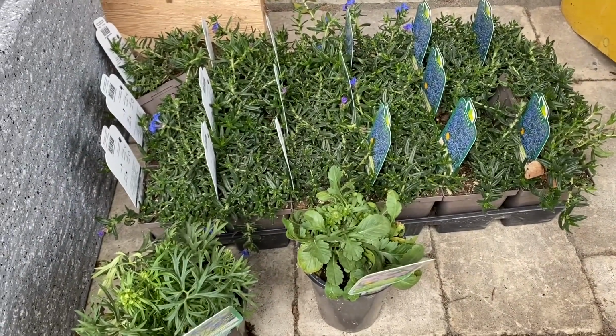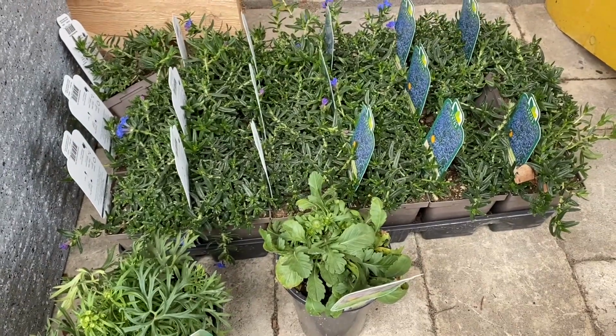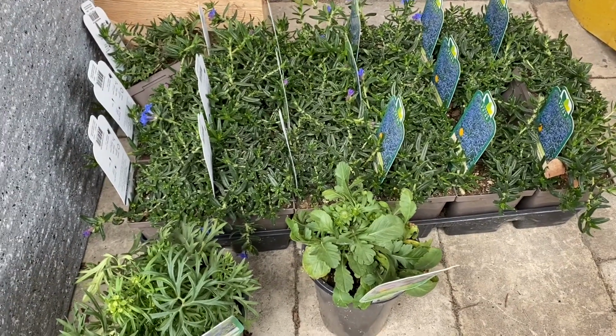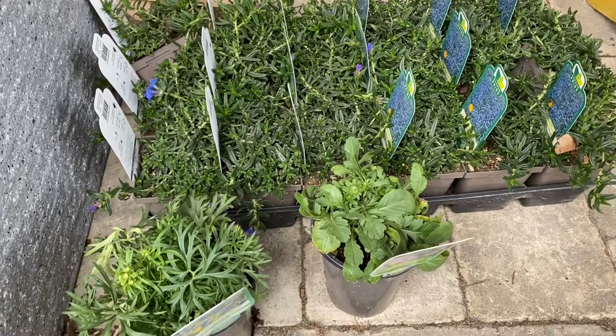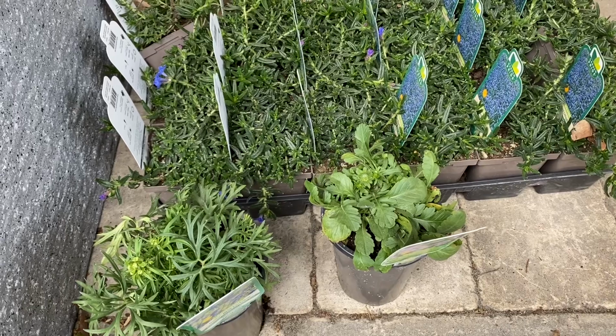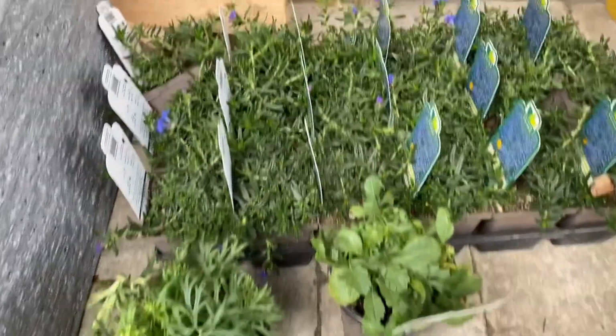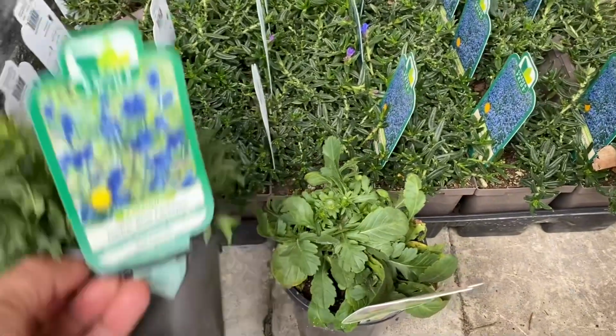So today I am in planting mode. I picked up a few plants from the garden center and I'm really excited to get them in the ground, and I wanted to share with you the plants that I am going to be putting out in my garden today. And the first one is